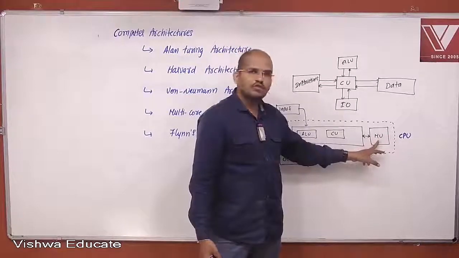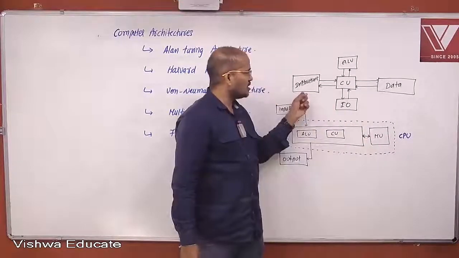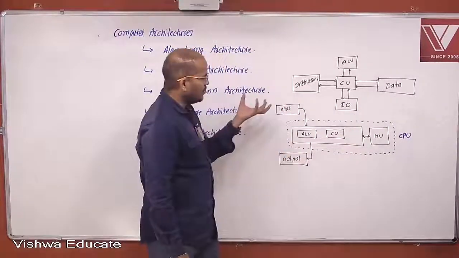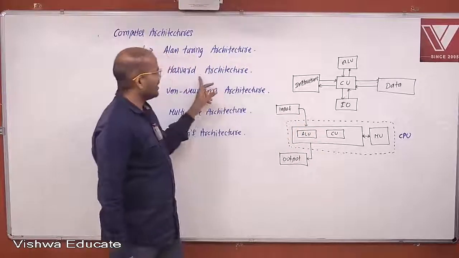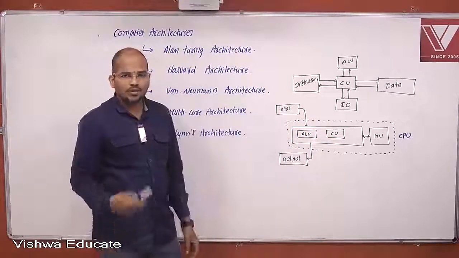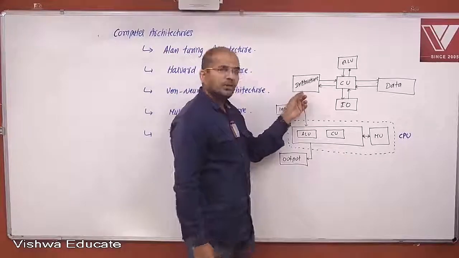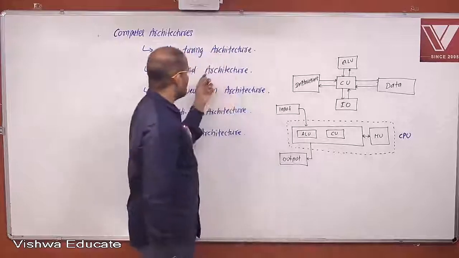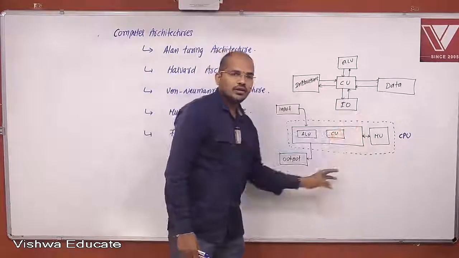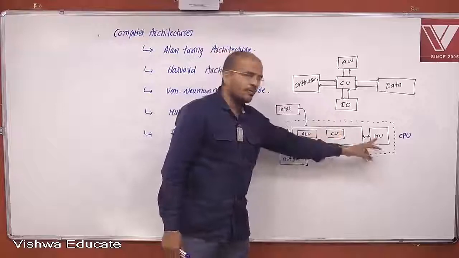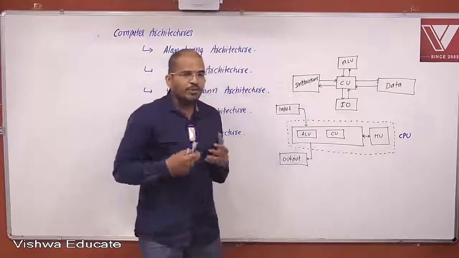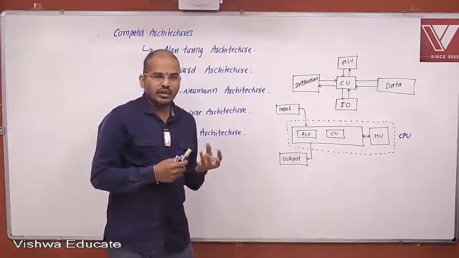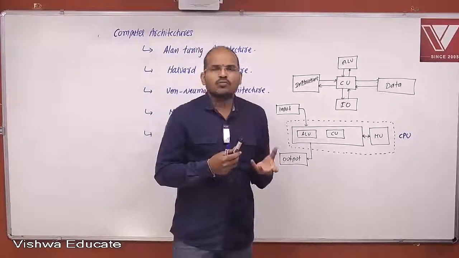So memory unit is common for both instructions as well as data in von Neumann, and this is where the limitation is found. In Harvard architecture, we have a separate memory slot. For instructions memory is separate, data memory is separate in Harvard part, whereas in von Neumann it's all put at one place, common memory. And people started observing that the processor designed has got a frequency of operation, clock pulses,